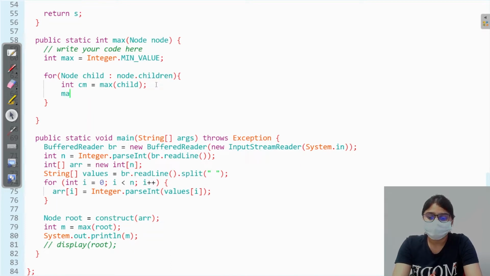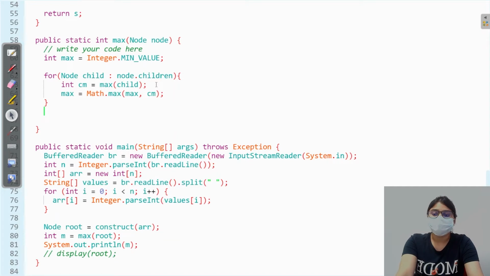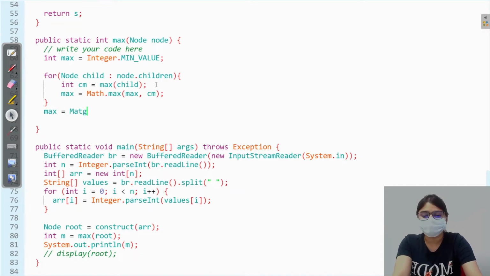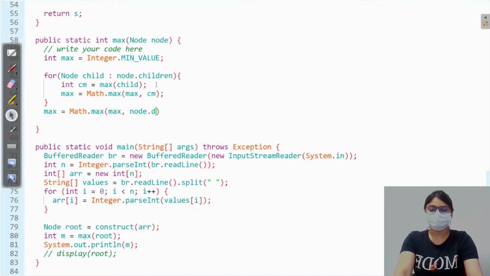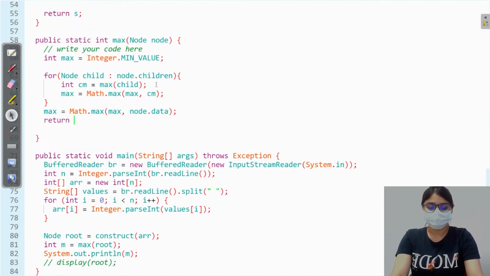So we do math.max of max, comma, max of children. Now we come out of the loop and we compare this max value with our node.data, because that value is not compared with anyone. So we compare it with math.max of node.data. And we just return this max value.